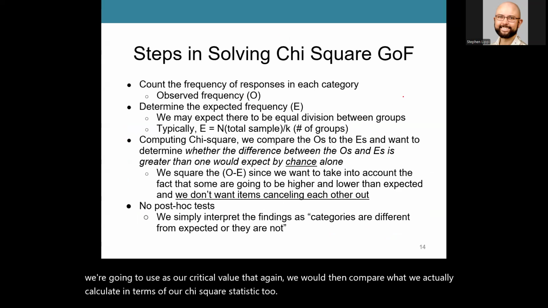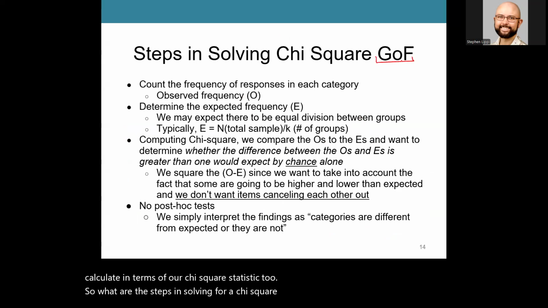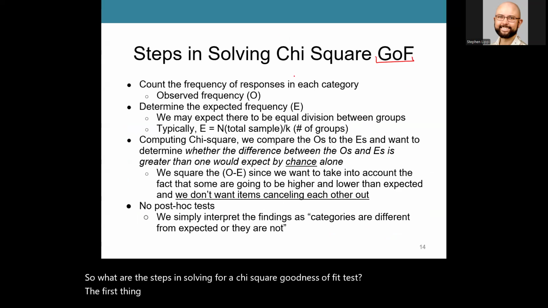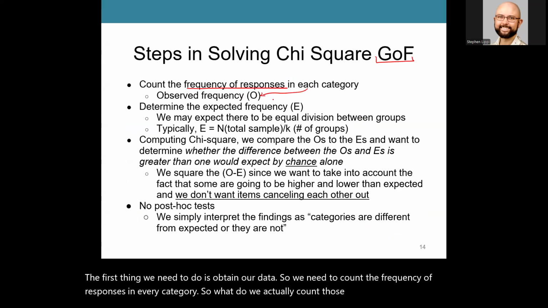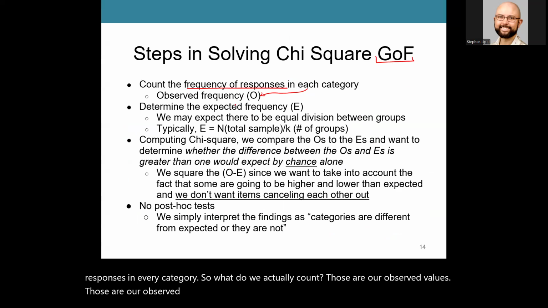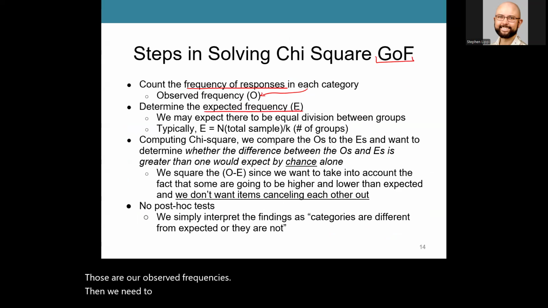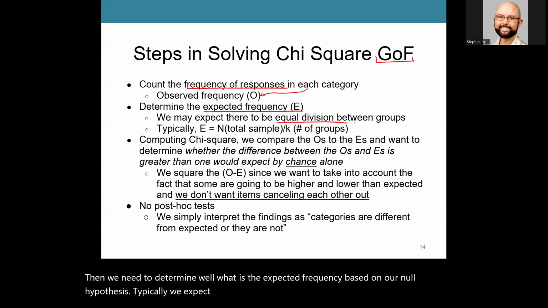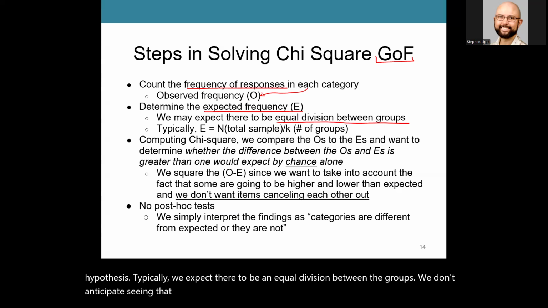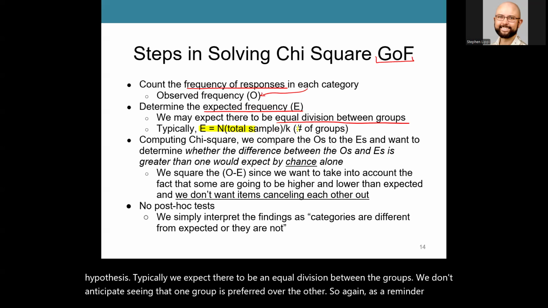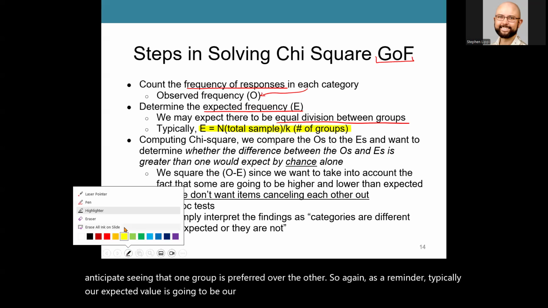So what are the steps in solving a chi-square goodness of fit test? Well, the first thing we need to do is obtain our data. So we need to count the frequency of responses in every category. What we actually count are our observed values, our observed frequencies. Then we need to determine what the expected frequency is based on our null hypothesis. Typically, we expect there to be an equal division between the groups. We don't anticipate seeing that one group is preferred over the other. So again, as a reminder, typically our expected value is going to be our total sample size divided by K,